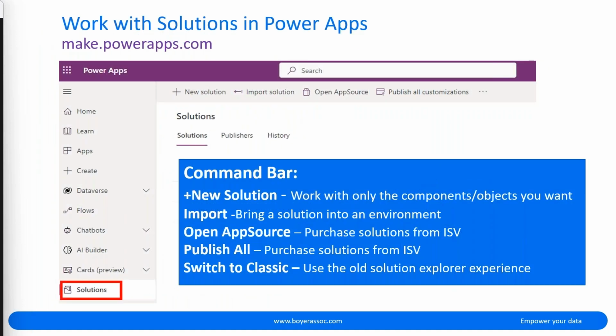So the way that you work with a solution is you go onto a web browser and you go to make.powerapps.com. And then on the left-hand side, you will see your command bar where you can see new solutions. So you can click on solutions and you can select that. And then up top, you see new solution, where when you click it, you're provided with different options that you have to fill in to actually create that container or that big box to fit everything in. That's how you create a new solution.